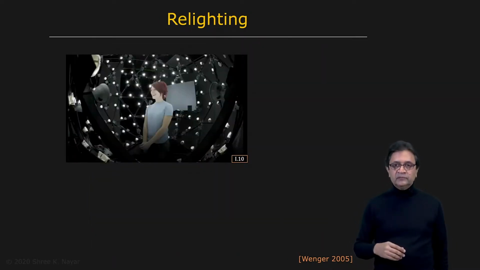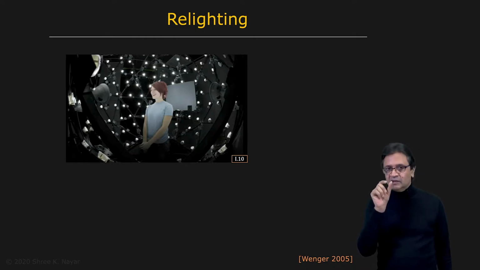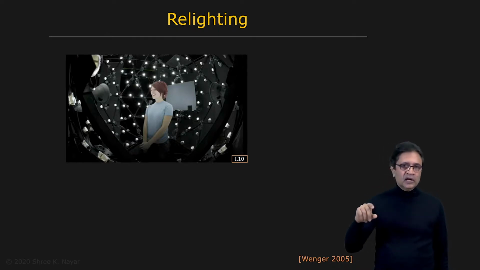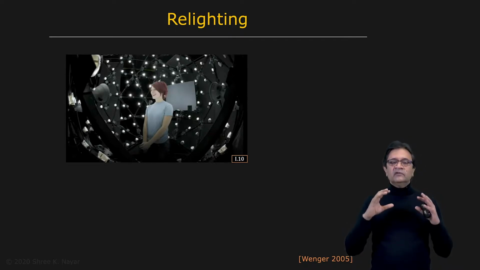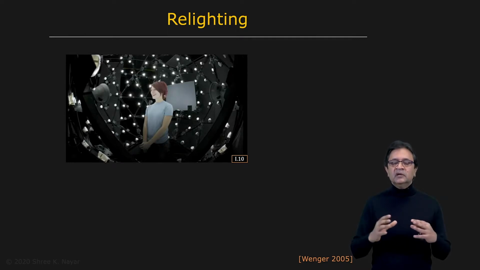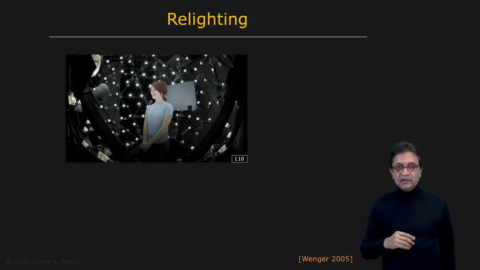So here you see a person sitting inside, and the person doesn't have to actually sit still. They can be moving around or talking, so it's a performance of some sort. But for each short amount of time, let's say 30 milliseconds, usually video is produced every 30 milliseconds, within that 30 millisecond duration, you can actually turn on and off many different light sources and use a high-speed camera to capture multiple frames. So within this one unit of time, you have information related to the person seen under many different lighting conditions.